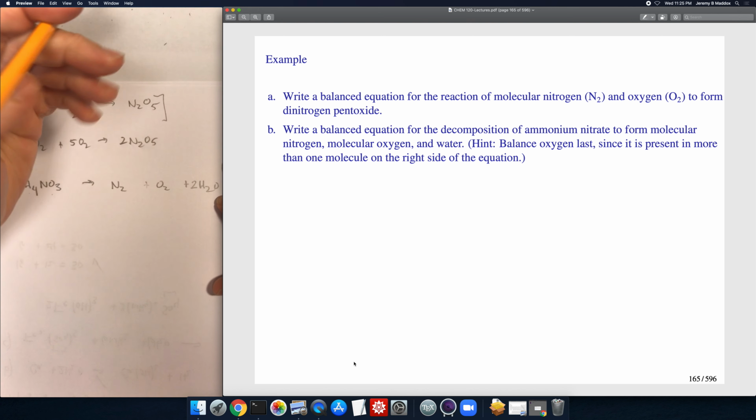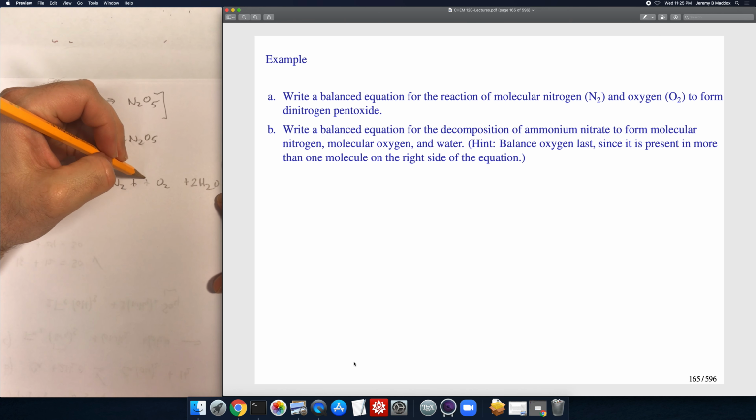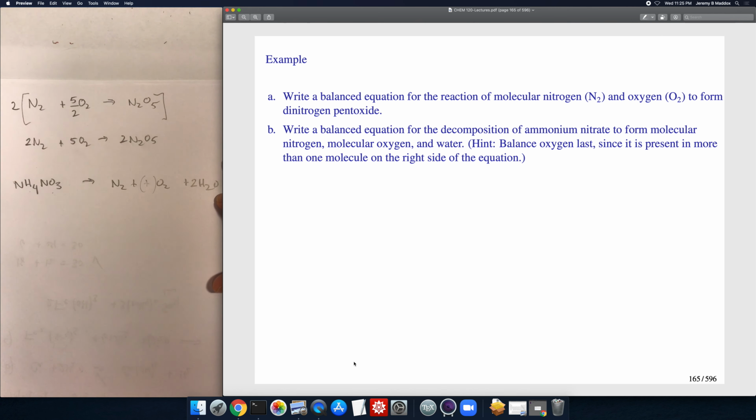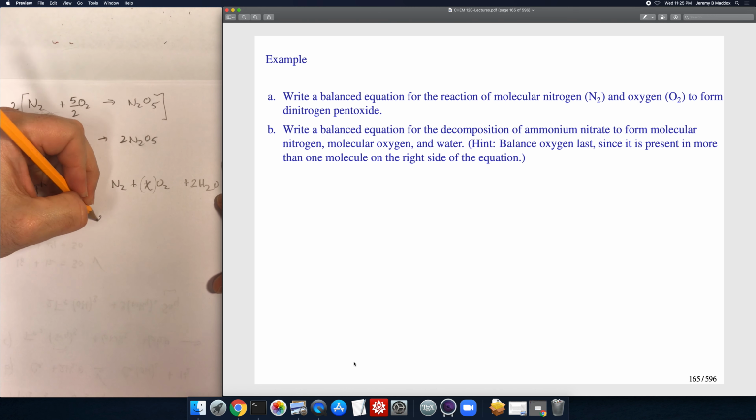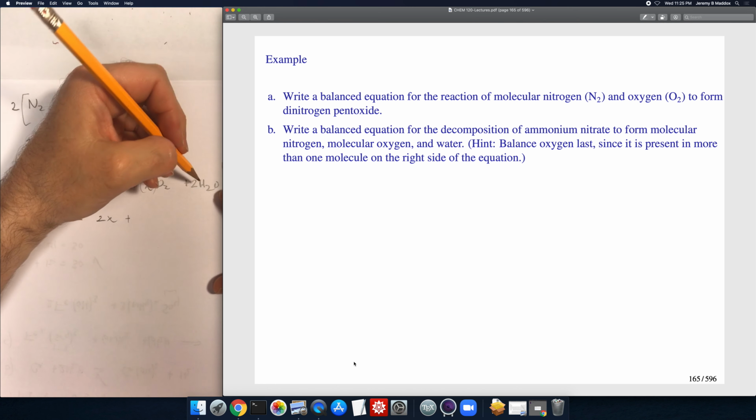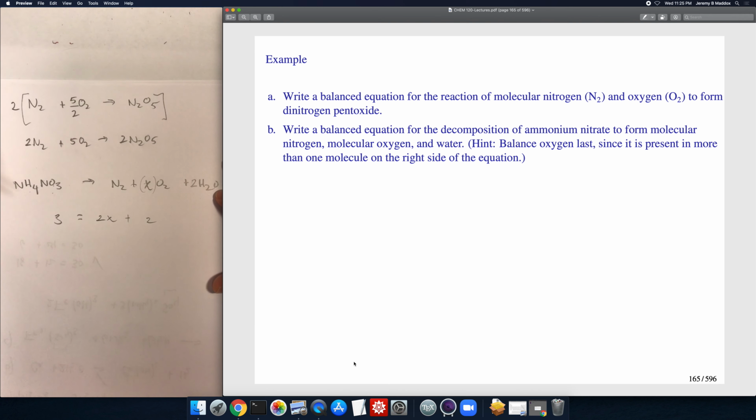And the place you want to balance the oxygens is right here in front of that species. Okay? So I'm going to put an X right there. We want to find that coefficient. So I'm going to say that 3 on the reactant side needs to equal 2 times X plus 2. Now you just solve for X. So 3 minus 2 is going to give me 1. We're going to get X equals 1/2 out of that, so we get to use the fraction trick, multiply the entire equation by 2,